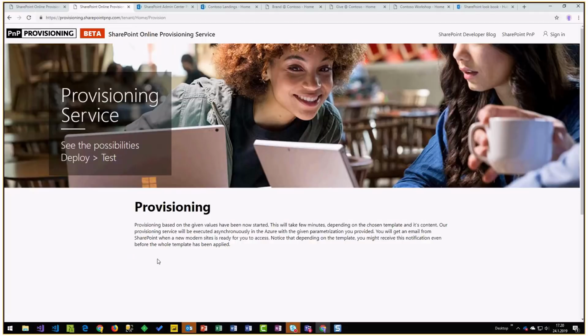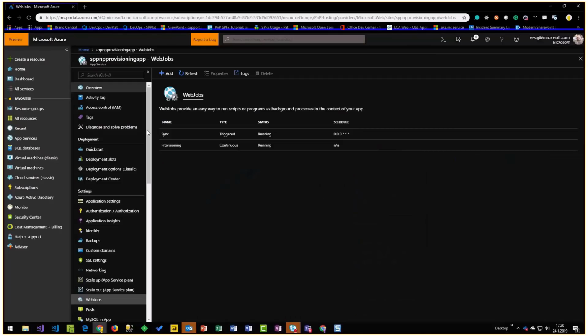So we use the context of the user, that consent which is coming from Azure AD, and we are queuing up now a provisioning task. And I'm going to go now in this call up to the level of quickly showing what's happening in the background. So right now,